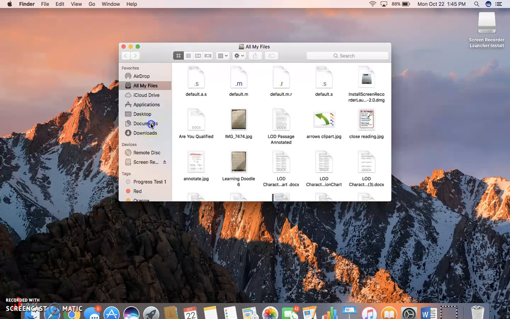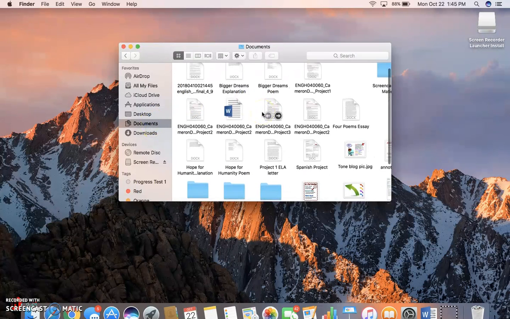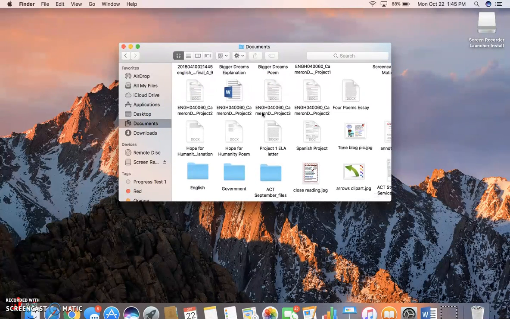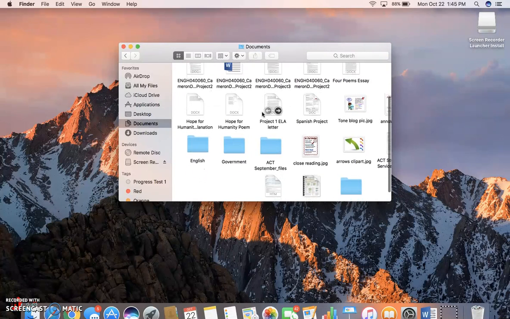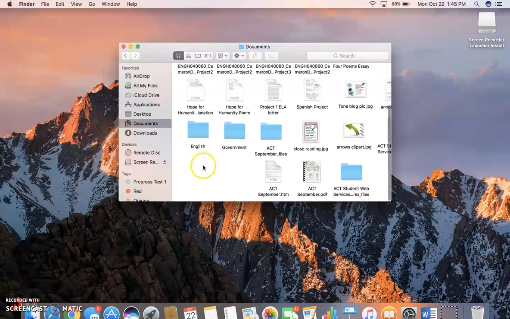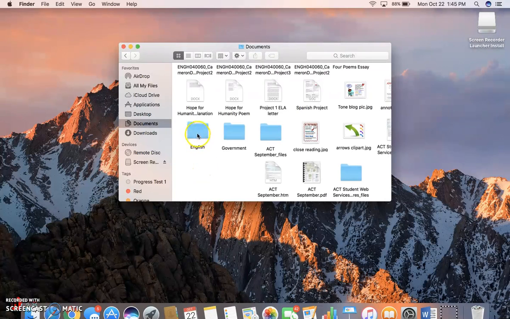And the main reason I think this app is important is because it will help you stay organized with all your classes. For example, I already have an English and government folder for this year, my senior year in high school. But when I have more classes and more homework and classes get tougher, I think it'll be very important to